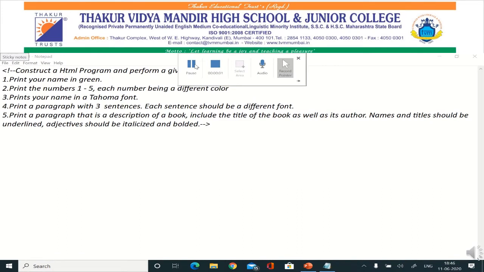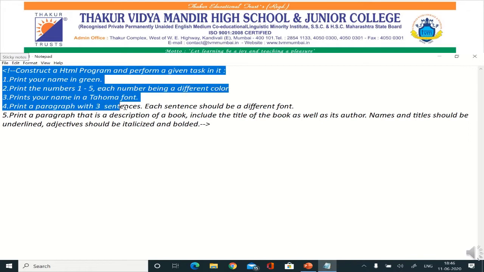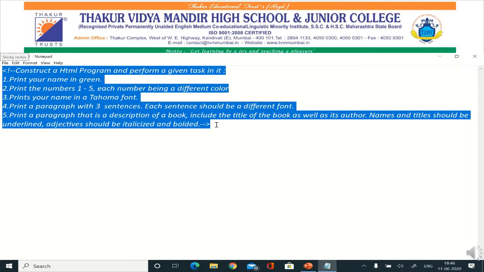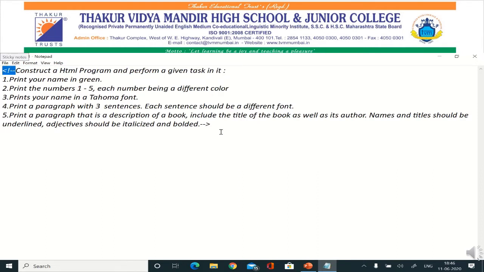Let us construct the program for the given example. Now here is the question. Can you see I have written the question in the notepad. We use notepad to construct an HTML structure or program. Before that, we have written a set of sentences without any HTML code. Instead we have used the comment tags. The comment tags are those tags that are ignored by the web browser while executing the program. These comments are only for the programmer to understand what the following task is about.